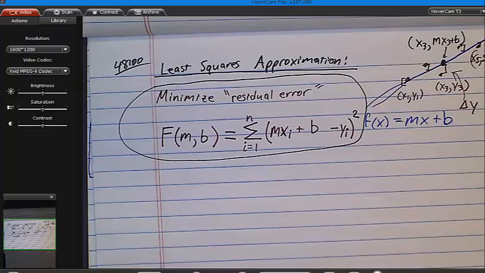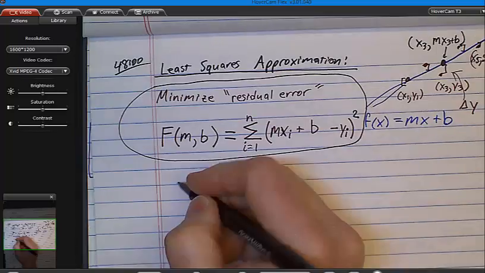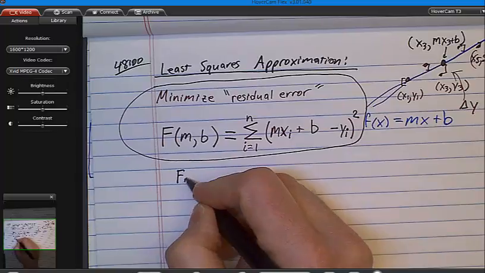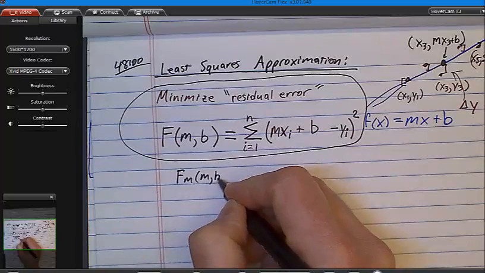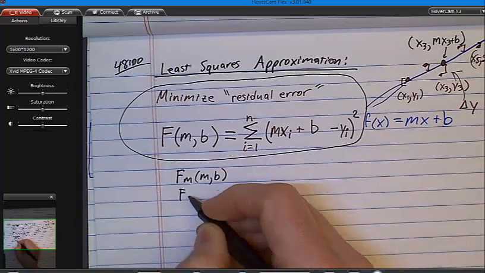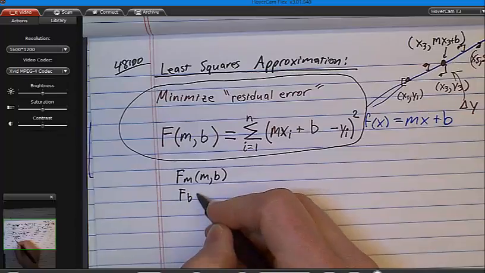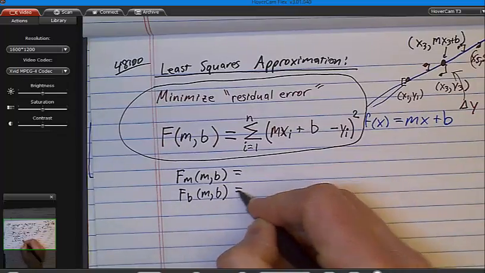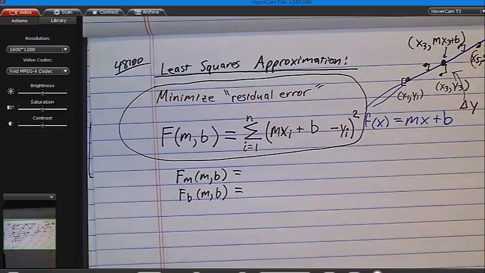What derivatives do I need, guys? Well, I need the partial of f with respect to what? M. And then I need the partial of f with respect to b. Oh yeah. Well, you could see why for homework, all right? I mean, basically what I'm doing right now, guys,